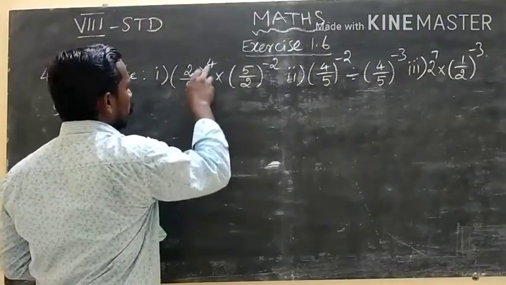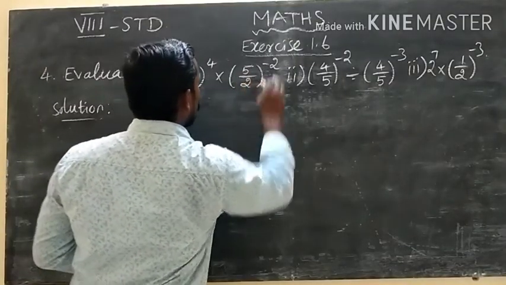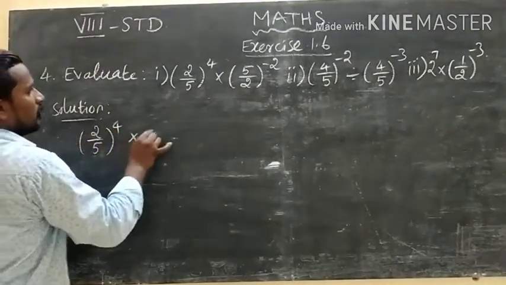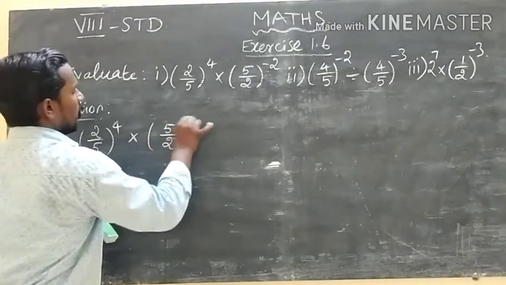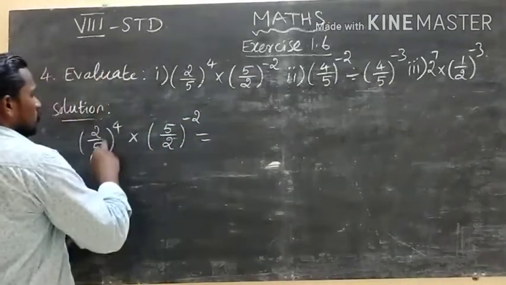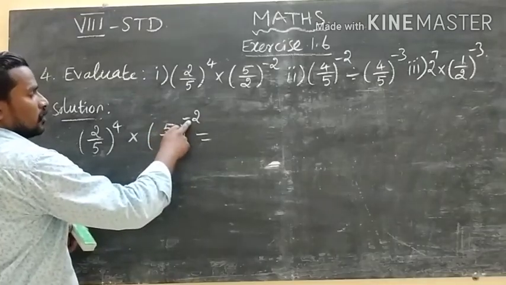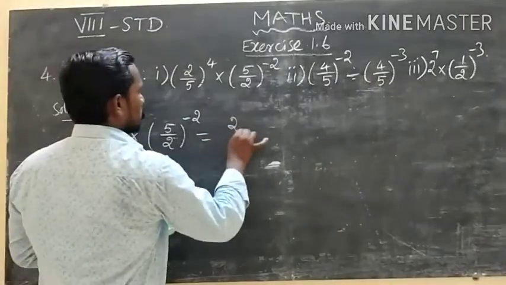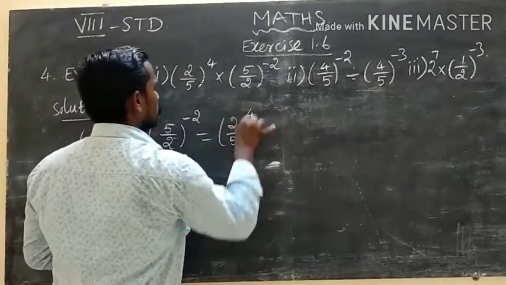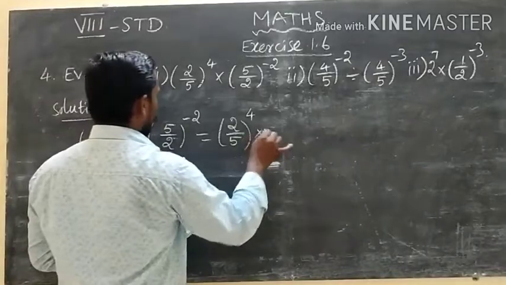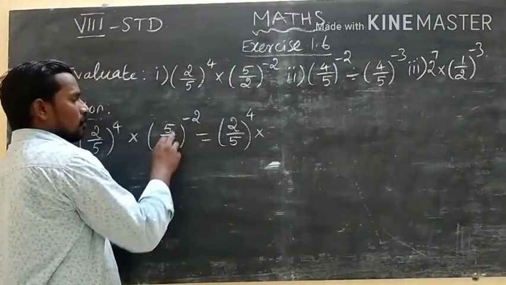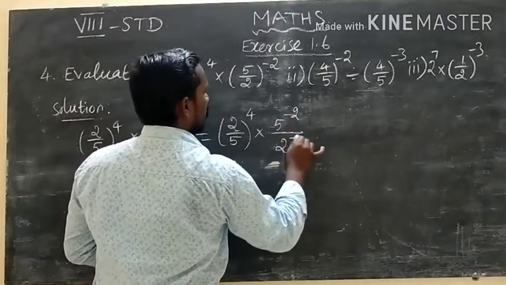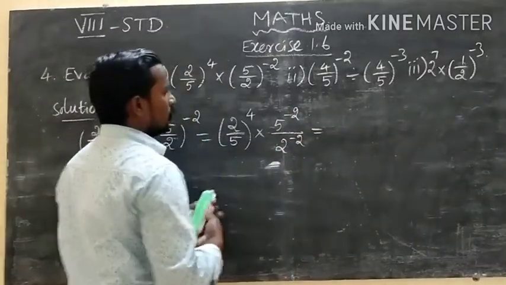Evaluate (2/5)^4 into (5/2)^-2. Okay, (2/5)^4 into (5/2)^-2. This is the positive exponent and this is the negative exponent. So change the negative exponent into a positive exponent. The first is already positive, so don't change the first one. The second one, the power is common for both the terms, so 5^-2 divided by 2^-2, which is equal to